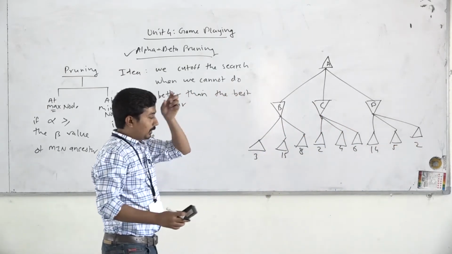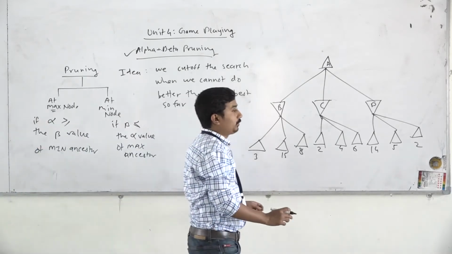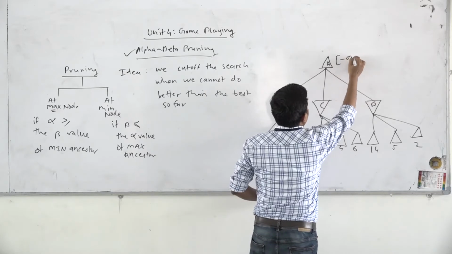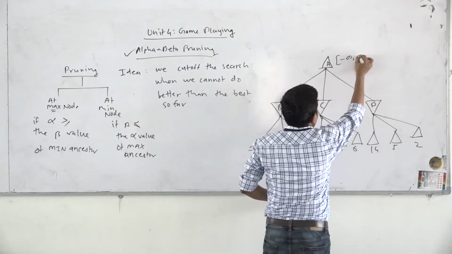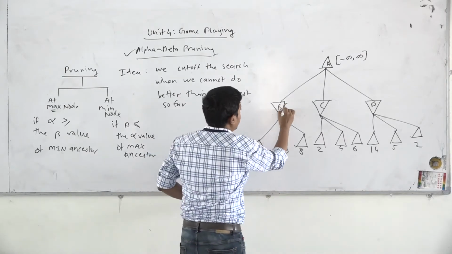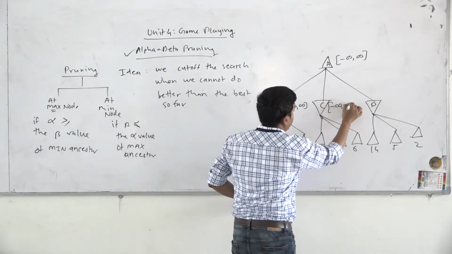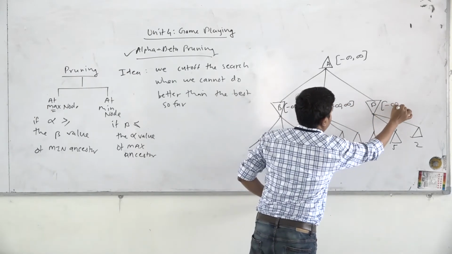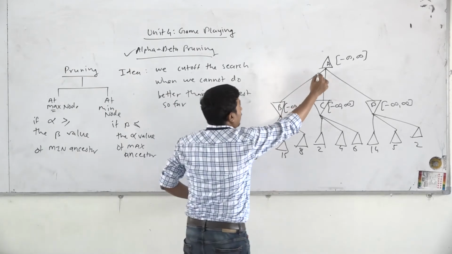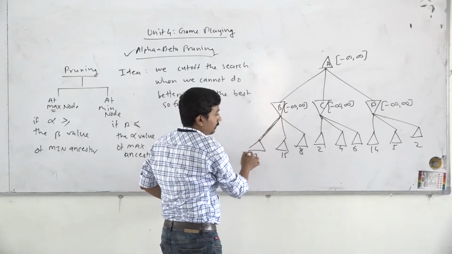Okay, so now let us apply alpha beta values. At every node we have to maintain alpha beta values. So we will initialize alpha as minus infinity, as discussed earlier, and beta as plus infinity. Here also, same thing. Now you have to traverse in a depth first search manner, so this node will always be explored.